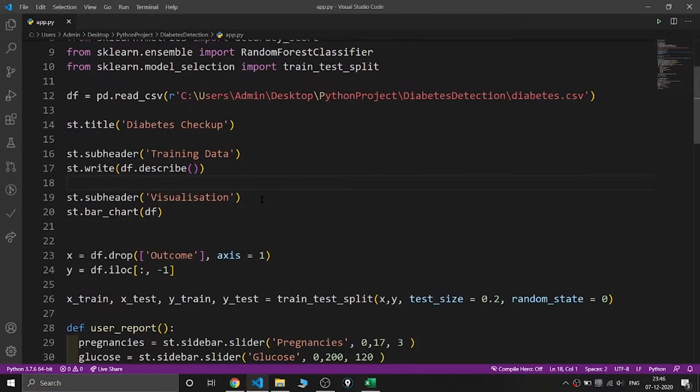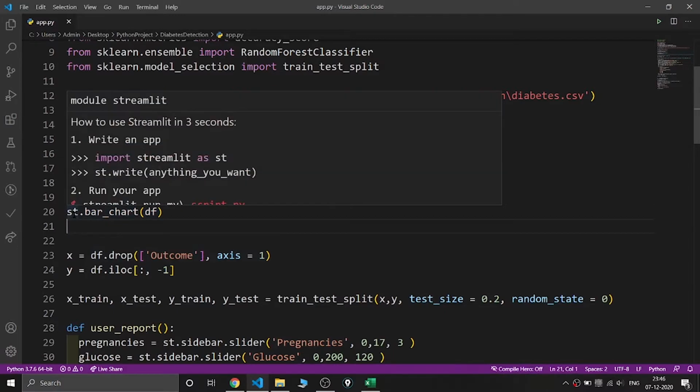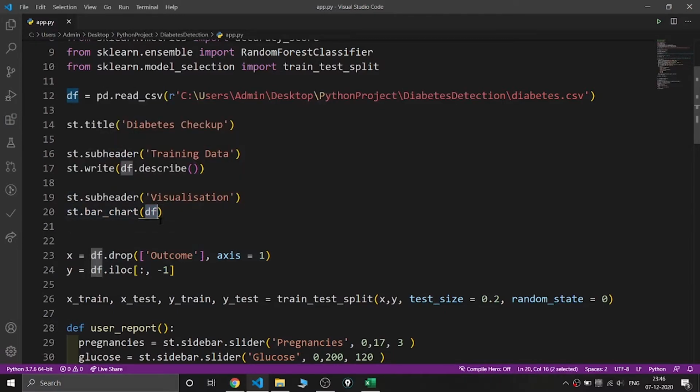After this I'm going to show some chart visualization to my customer or my patient. So with st.subheader I'm going to put another heading, that is "Visualization", and then I'm going to show a bar chart using st.bar_chart. I've given my data set, that is the data frame that I've created from my data set, as a parameter.